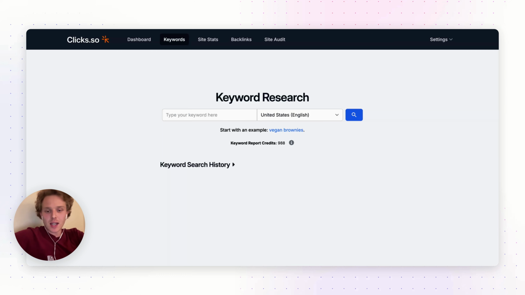Keyword research inside of Clicks. So it's a very similar experience to any other keyword research tool if you've used them before. If you haven't, let's do a quick walkthrough. We basically have our input field, type in whatever keyword you're interested in, and then select whatever country/language pair you're